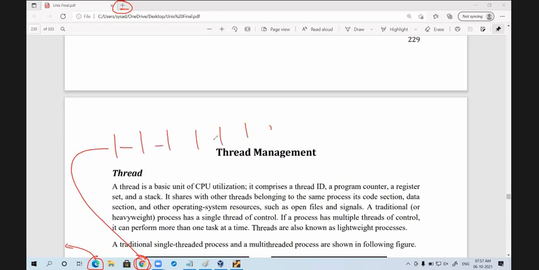In multiple windows, you can do multiple works, but the application is only one. Can I say here also the concept called thread? Thread is nothing but a small process in a big process.